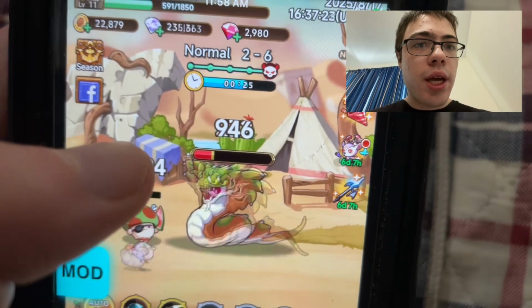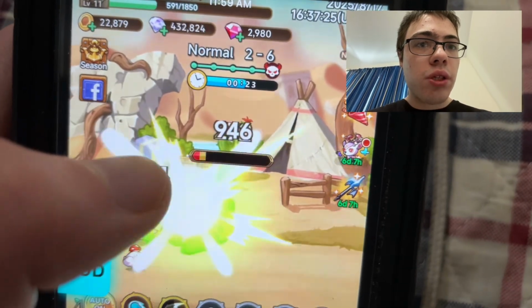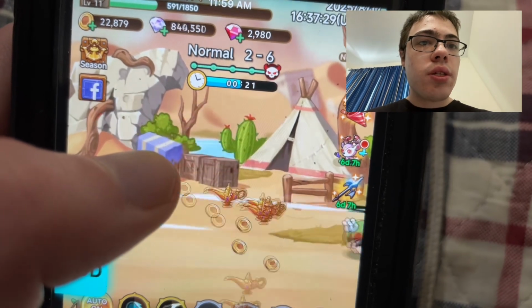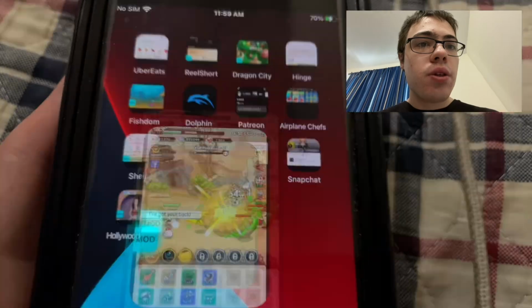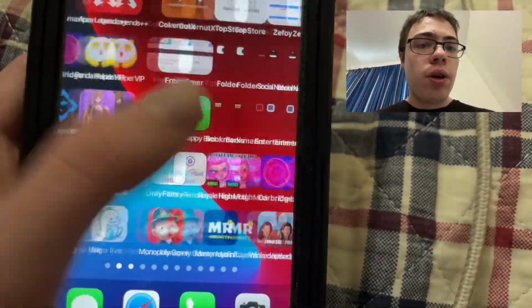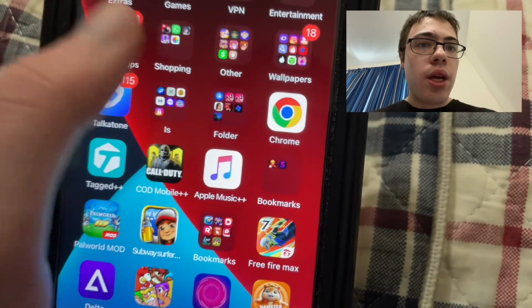So I'm going to show you guys how to download this modded version of the Legend of Mushroom for iPhone and Android. It's super cool. So let's get into the video and I'm going to show you guys how to download it. First thing we need to do to get this is go onto the settings app and